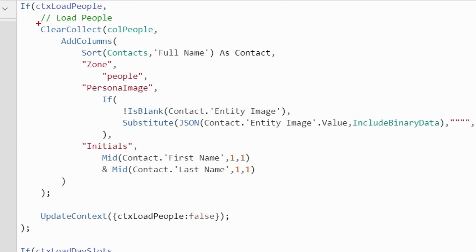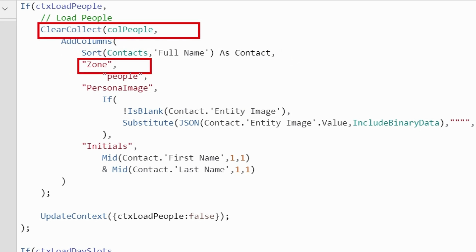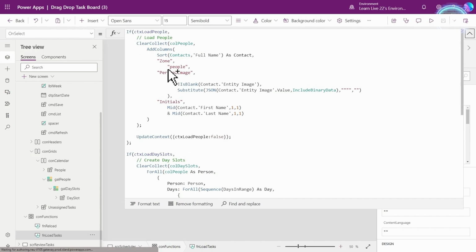The load people is just simply going to do a clear collect on the people, so it's going to refresh the collection that holds the people, and it's going to grab all of the contacts. And it's also adding in the zone, so it's going to be located in the people zone. And it's obviously got the image and the initials that we looked at before.